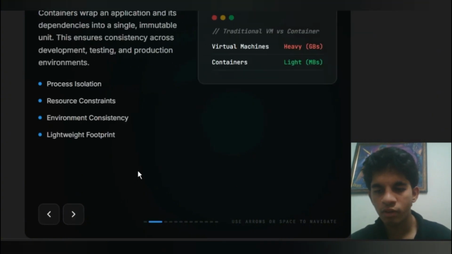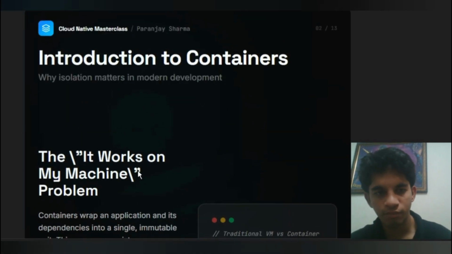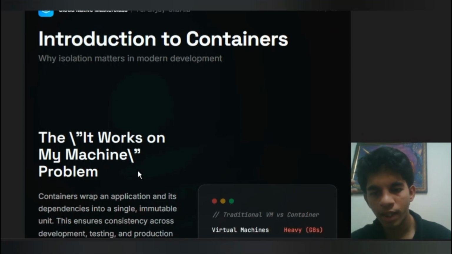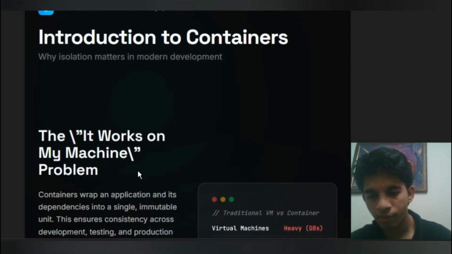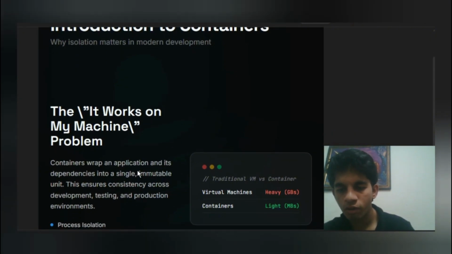So first things first, why do we even need containers in the first place? What is the need? So let me paint a picture for you. Have you ever spent hours coding a project and it runs completely flawlessly on your laptop, but the second you send it to your teammate, it collapses or crashes? That is a classic problem. It happens because of different operating systems, clashing software versions or missing environment variables. So containers were invented to kill this exact problem.